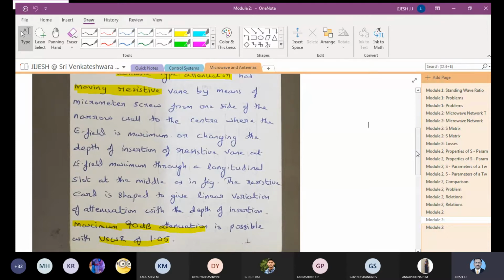And one more textbook is Liao; you can also see whether it is available to browse online. You can try to read those portions which are in the syllabus. And if you find it interesting, you can share that link in the group as well, so it will be helpful for others also. So you can just complete this.